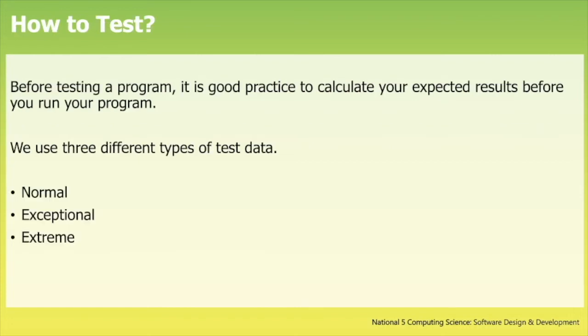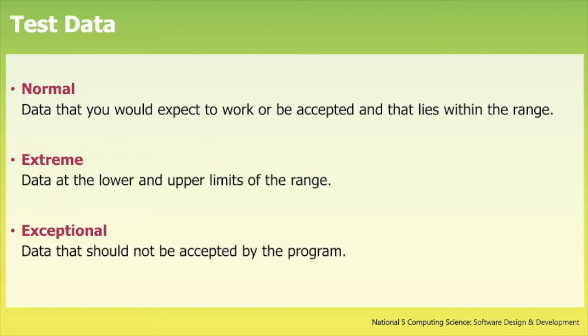So how do we test? Well, before we even consider running our program, we identify different kinds of data that we can use to test our program. So there are three different kinds of data. There's normal, extreme and exceptional. So normal is data that you'd expect your program to accept and you'd expect that it would work. Extreme is data at the ends of what is acceptable, and exceptional is data that your program should not work